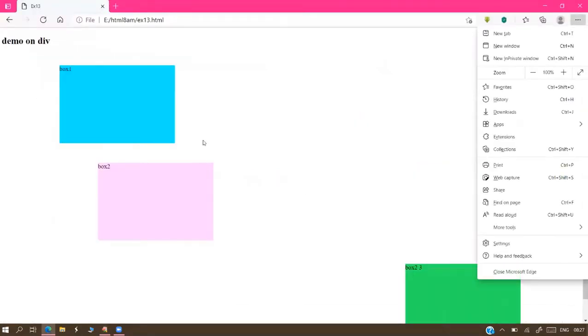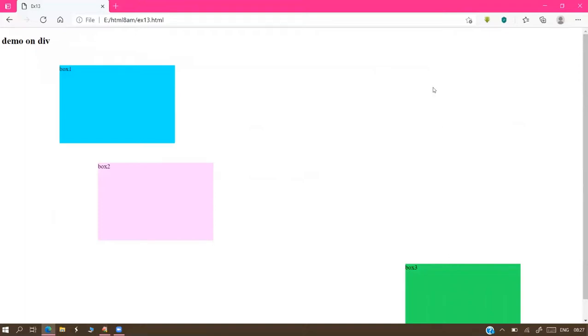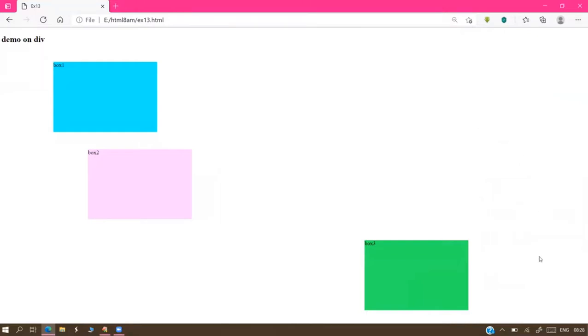But remember, one small note I'm giving here. So what is that, sir? The margins, how are they calculated? Margins are calculated based on your previous components. Here I gave 50, 60 pixels, but the green box comes so far down. Is this 60 pixels? No, sir, this is not 60 pixels. Maybe approximately this is 400 pixels. Then why, when we gave 60 pixels, does it come so far away? The distance is calculated based on the previous component.